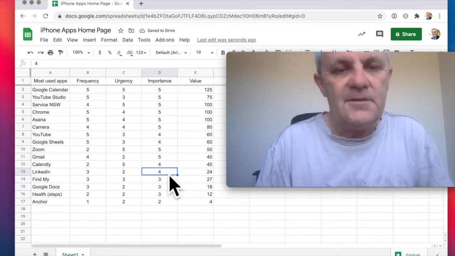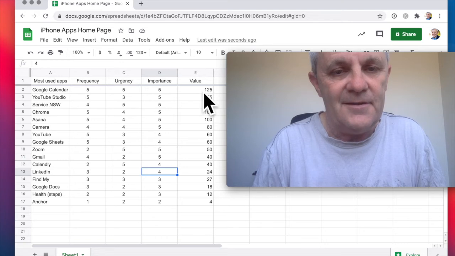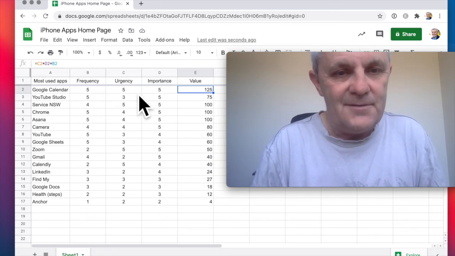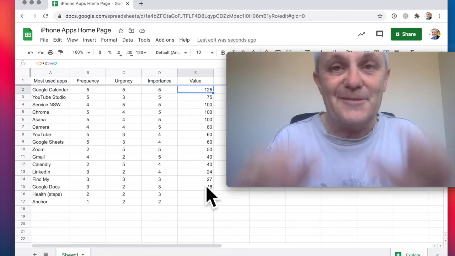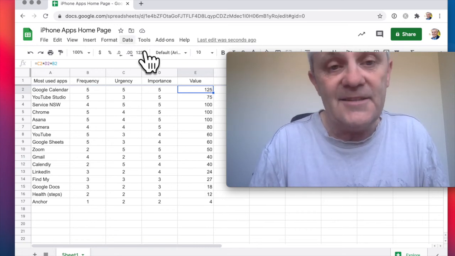And so all I really did was I multiplied this. I just worked out, okay, this one equals frequency times urgency times importance. And then whichever one scored the highest, that is going to be the top of my screen on my mobile phone. Okay, so that's how I did it.